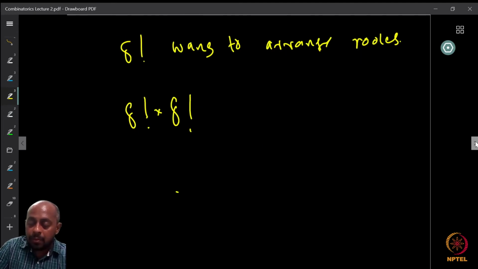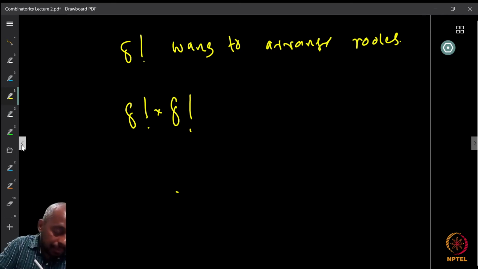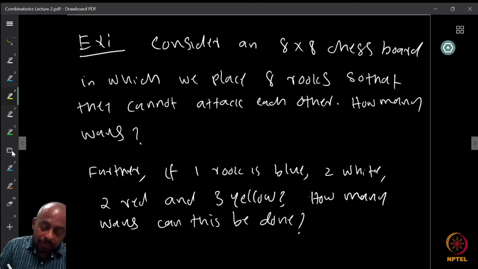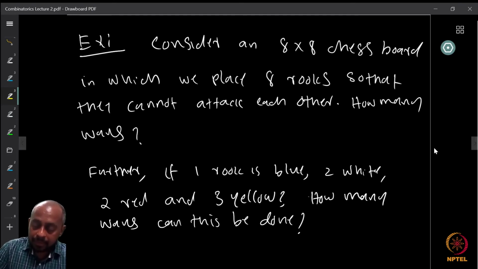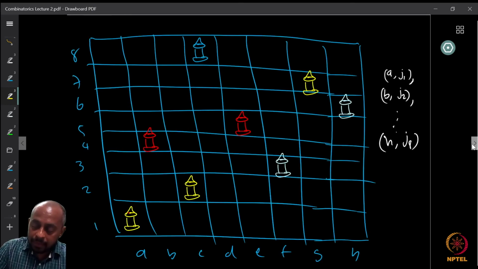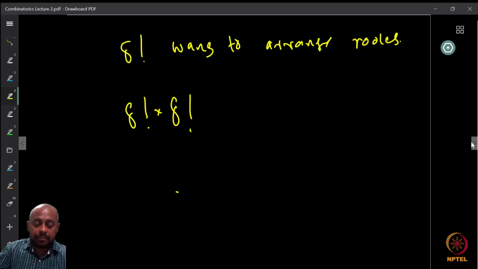Now, since I know that not all of them are of the same color, I will use the multinomial coefficients, right? The idea from there, because I can say that all these 8 come from these things. There is one object of color blue, the blue colored rook, exactly one, n1 is 1, then n2 is 2, n3 is 2, and n4 is 3. So 3 plus 2 plus 2 plus 1, which is 8. So I have the 8 rooks, but 1, 2, 2, and 3 are appearing.